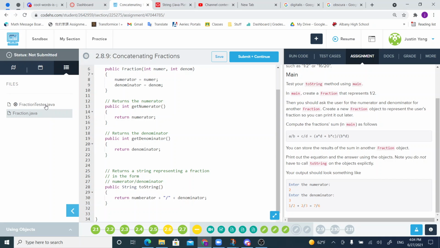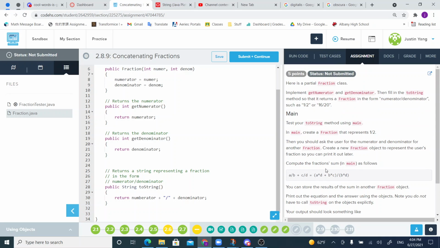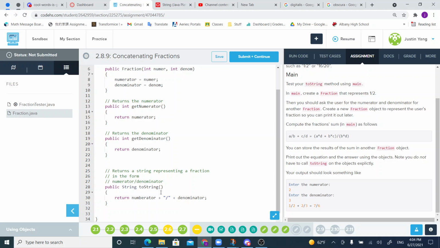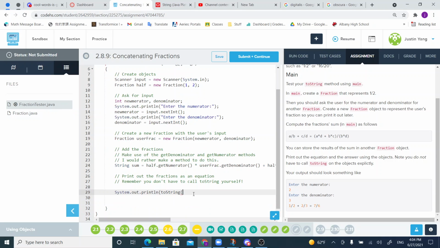To string of, see, my brain says I want to put something in these parentheses, but I guess you don't have to. Half plus to string. It's so confusing. This method is so confusing. User frac equals